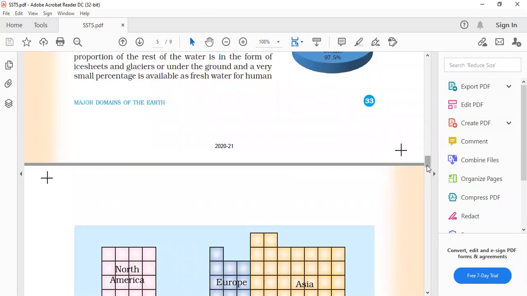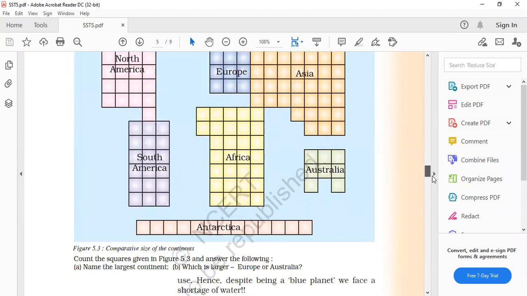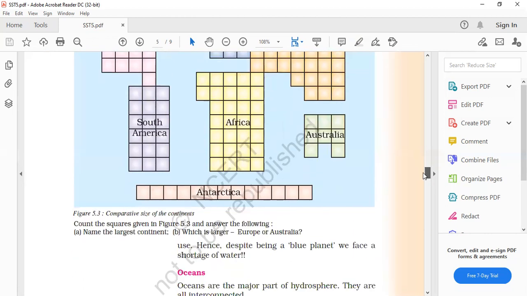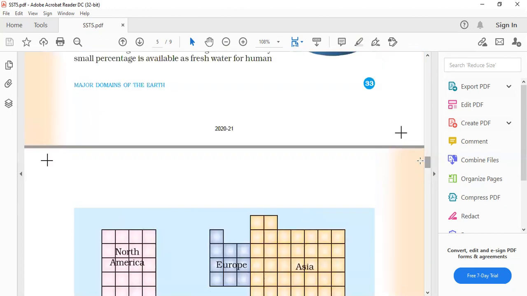So let's scroll down, and here is the ocean. Underline this section, that is why, despite being a blue planet, we face shortage of water. The answer is because all waters are not usable by human beings. That was the above section, above paragraphs. So you get the question here, that despite being a blue planet, we face a shortage of water. Underline this section and make sure you practice these questions separately, and the answer is this section,